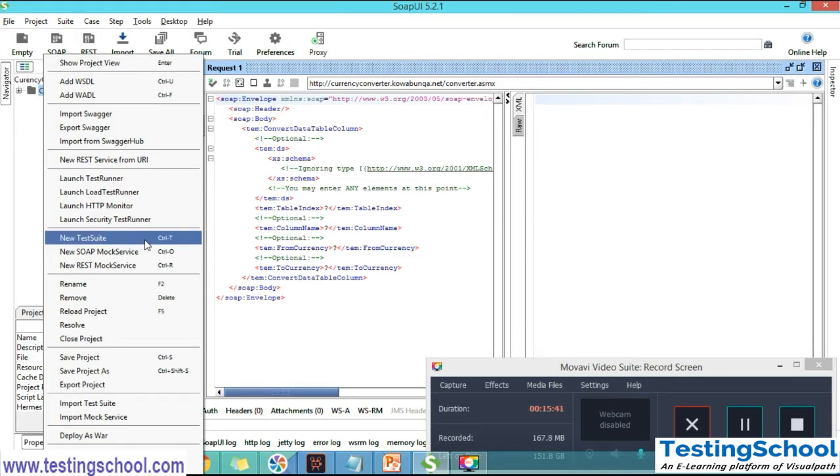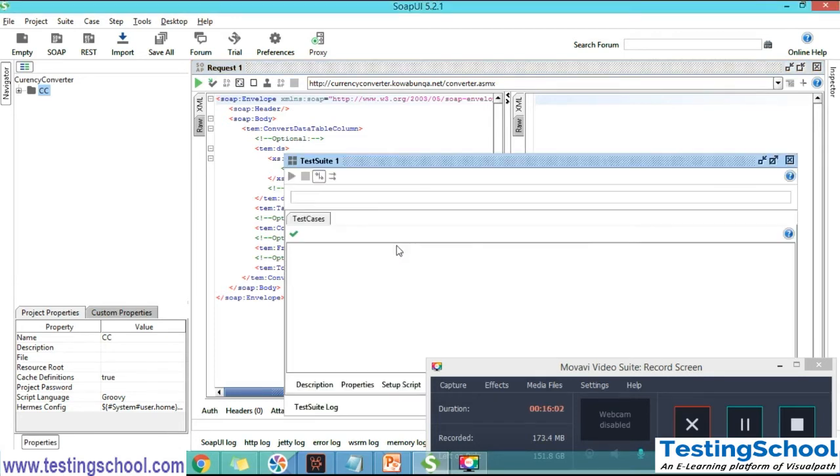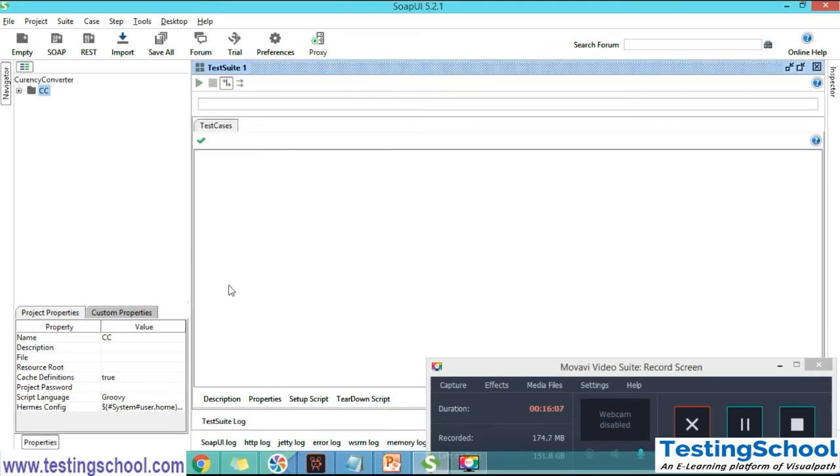Once we click on this, a pop-up will display. Here we can provide the test suite name. I am keeping test suite 1, otherwise we can update the name as well, but at present I am keeping test suite 1 only, because to understand the structure it will be easy. Okay, here the test suite is created and it looks like this.